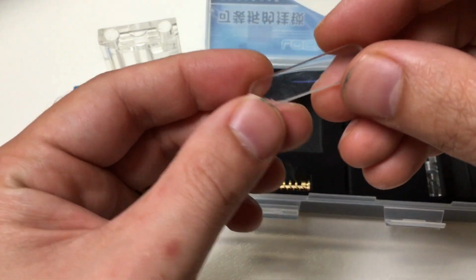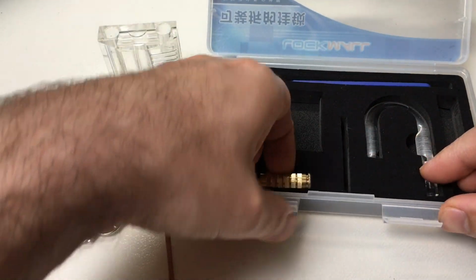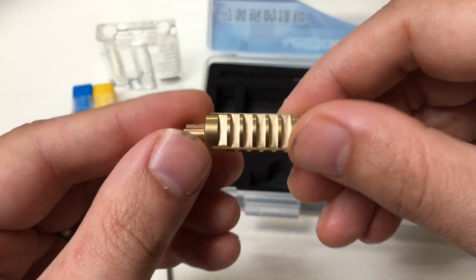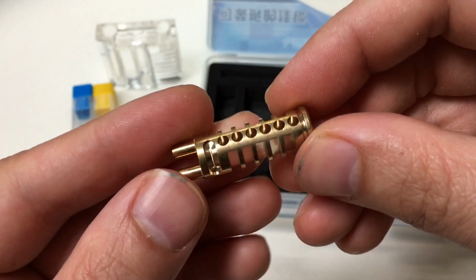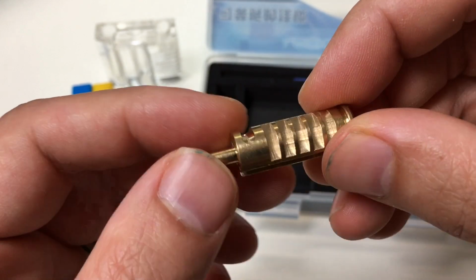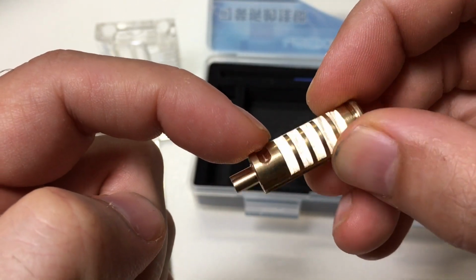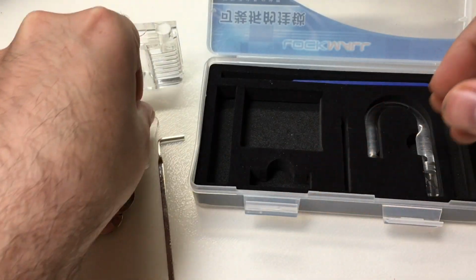A little cap, I imagine, for the springs. What else do we have? We get a little cute core or plug, and that's where your key pins would sit. You have a little cutout there. That is where another pin sits to limit the core rotation. We'll have a look at that in a second. Let's get out the...